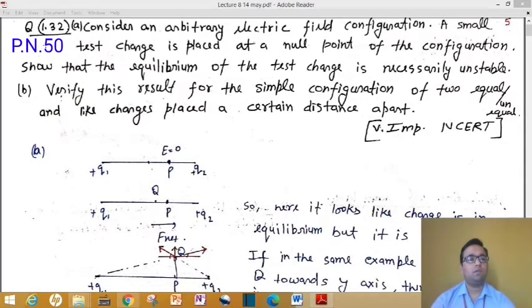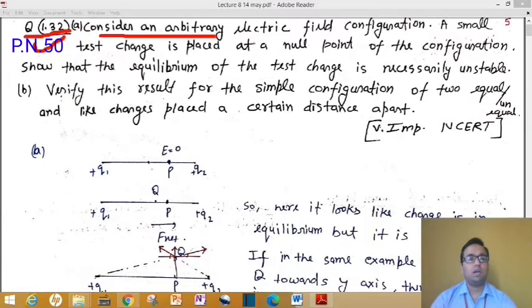So let's start with one question, that is question number 1.32 from your NCERT book. Before starting the video, it would be better if you have your NCERT book with you. I suggest you keep your NCERT book with you and see the question number from that book, and I have mentioned the page number also over here so you can match it easily. So we will start with our first question, that is question number 1.32 in your book.